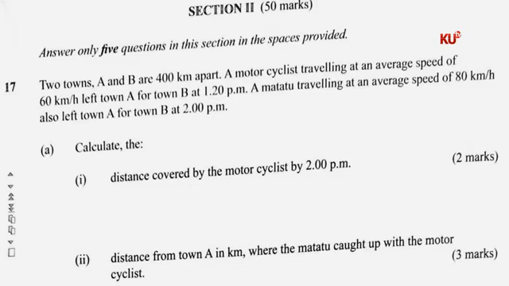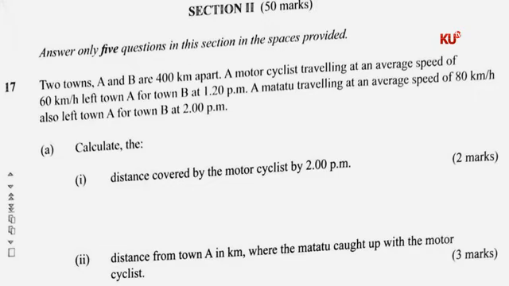This cyclist is moving at a speed of 60 kilometers per hour, and this person left at 1:20 p.m. A matatu traveling at an average speed of 80 kilometers per hour also left. So we also have a matatu, moving at 80 kilometers per hour, and this matatu left at 2:00